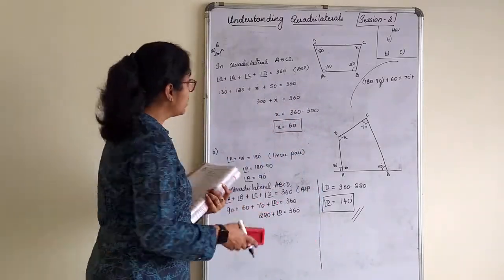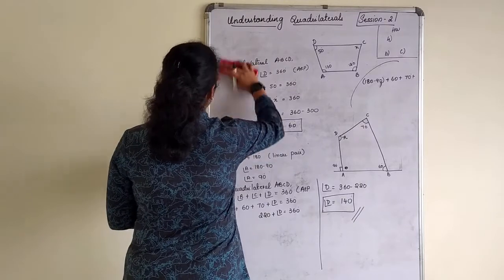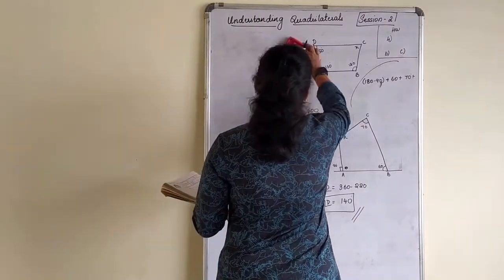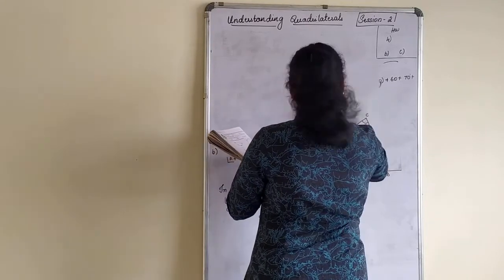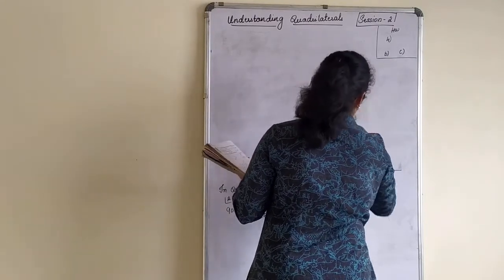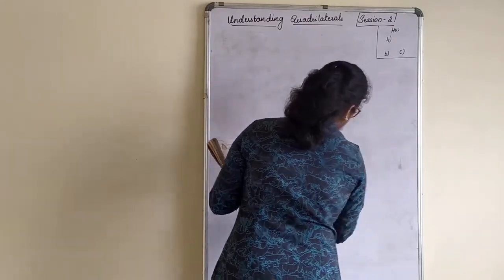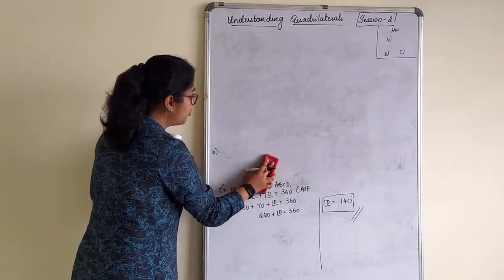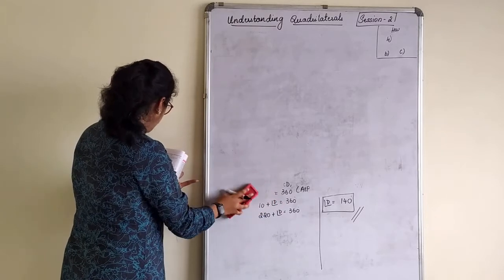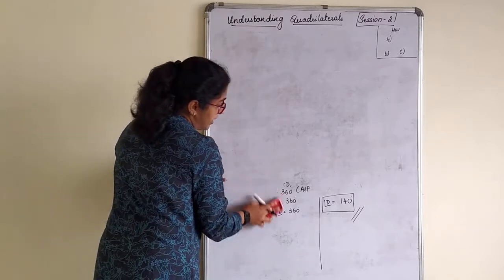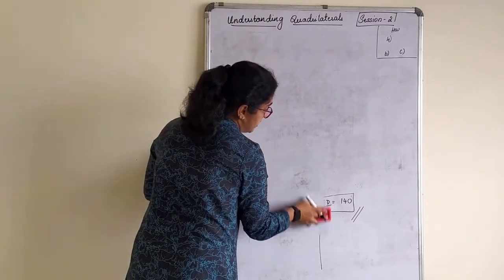So quickly we'll go to the next way. Look at the figure. Is it a quadrilateral? No. Then it is a five-sided figure, that means it is a pentagon. So what will be the angle sum property here? If you know that it is 540, you can go with it. Otherwise, (n minus 2) into 180 has to be done always.